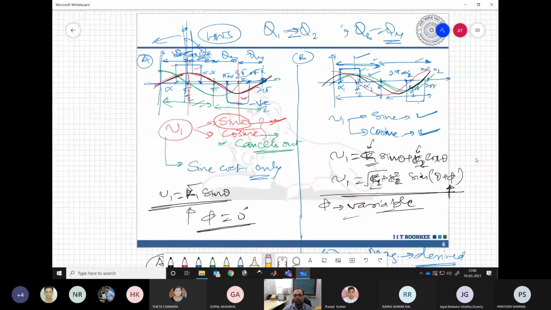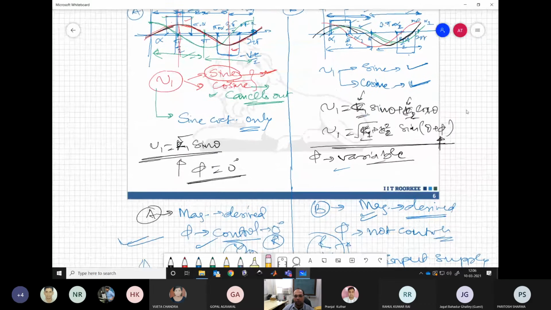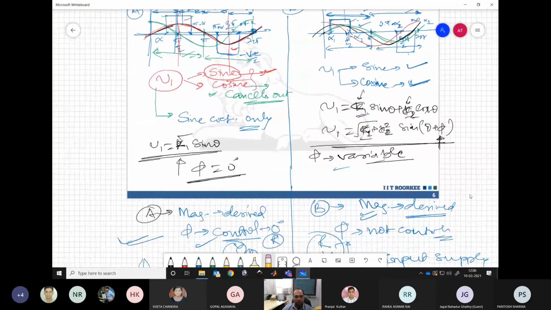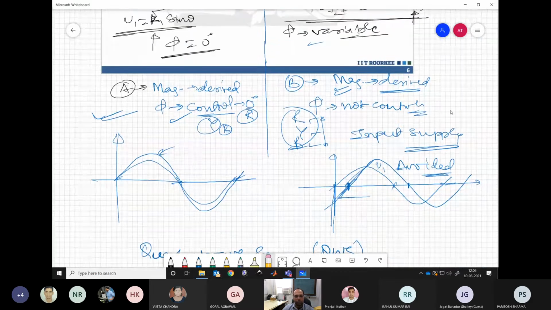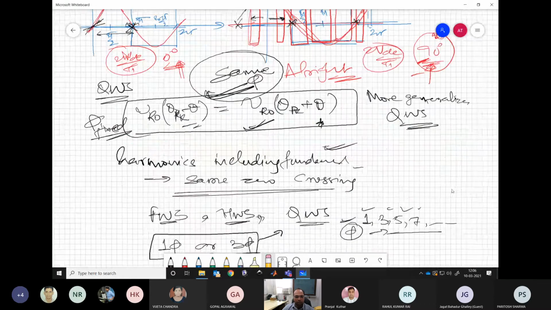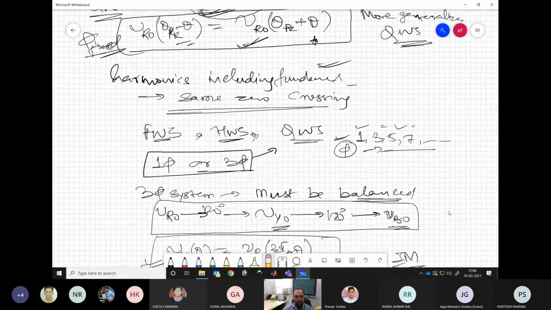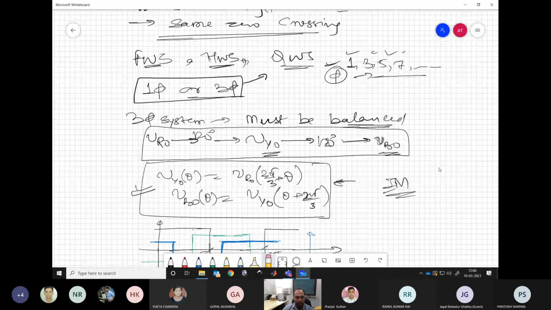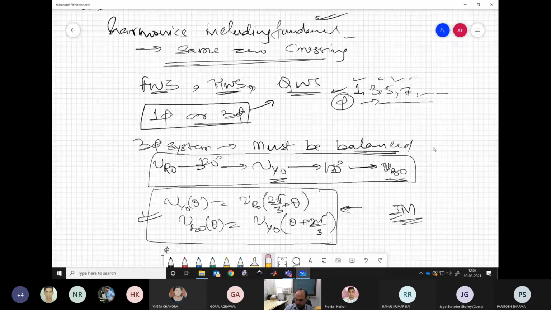So the first thing was related to the symmetry of waveform. How symmetry in a waveform helps in removing some of the harmonics, and helps in maintaining the phase of the fundamental and other harmonics. And then finally, we summarized this for single phase or three phase system, that we must have the full wave symmetry, half wave symmetry, and quarter wave symmetry.